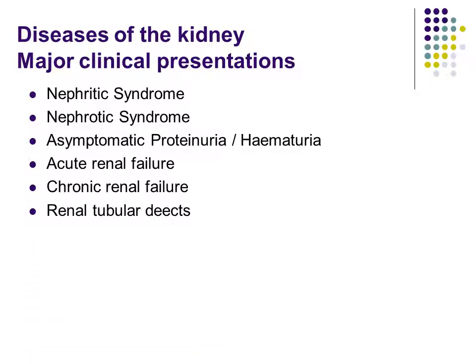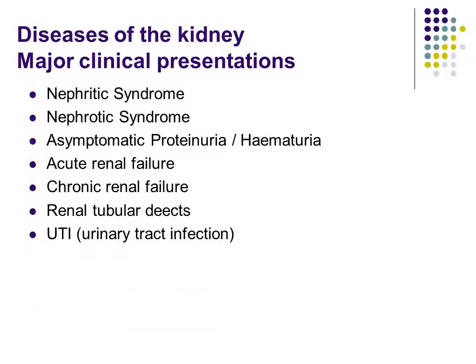Renal tubular defects. These are dominated by polyuria, that is excessive urine formation, because there is a defect in renal tubules, and renal tubules are involved in absorption of excessive filtered water. There could be nocturia and electrolyte disorders because electrolyte absorption is done by the tubules. So whenever there is damage to the tubules, there are these kinds of findings which you can see: polyuria, nocturia, and electrolyte disorders.